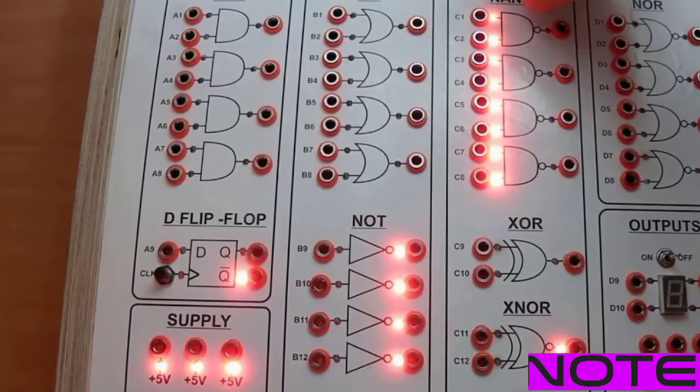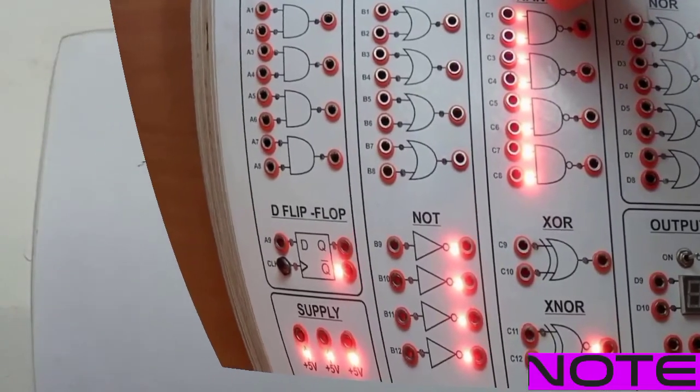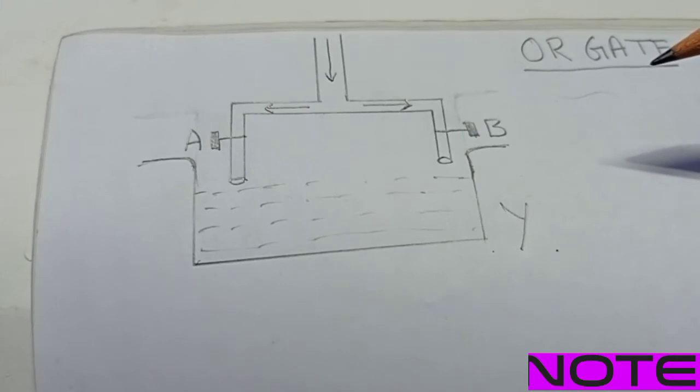Now let us take an example to describe the OR gate. In the above figure, we can see that water is coming through a pipeline, but the flow is restrained by the two cocks A and B. Similar to binary states, we will consider two states here, 0 and 1. We will consider 0 if the cock is closed and 1 if it is open. Similarly, we will consider Y as 1 if we can get water from the pipeline, and Y will be accepted as 0 if no water is coming out from it.